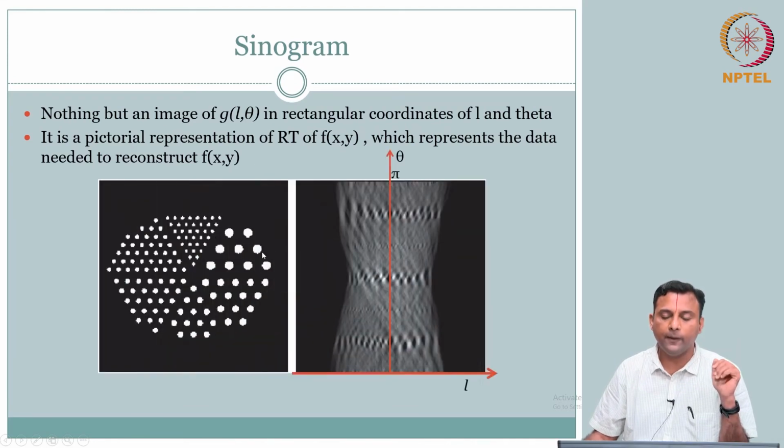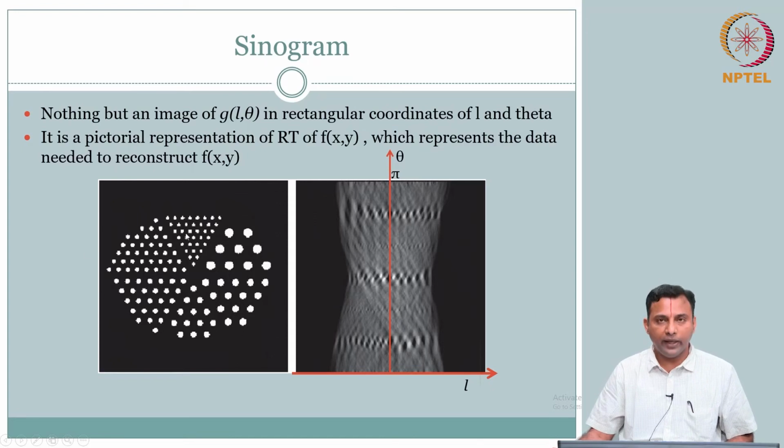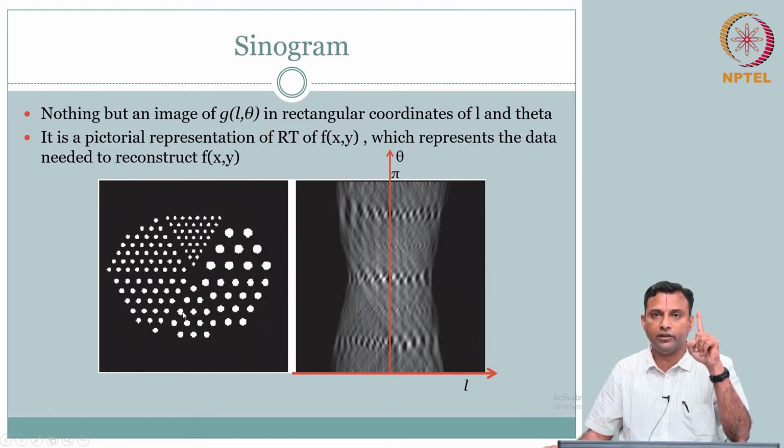If you just plot that, this is the object f(x, y). If you were to project this, you will get one projection like how we did for the square just now. When you do the sum, you will get some value. That will be one projection. When you go to another angle and project, you get another projection. If you stack all of these, this will be your L and you stack different thetas. So, your y axis is your theta axis. This representation of the data that you have gathered is called a sinogram.